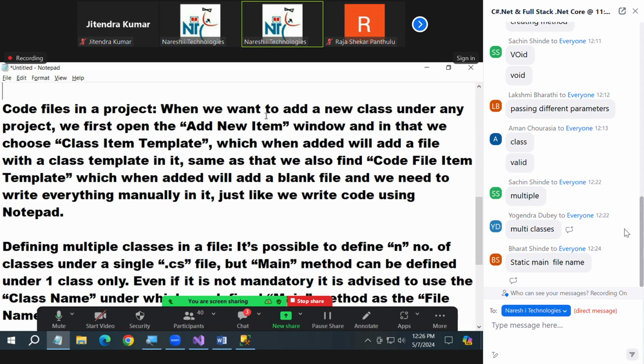Is the first one clear? Just like you can add a class, you can add a code file, a blank file. The code will be like writing code in notepad. Second,